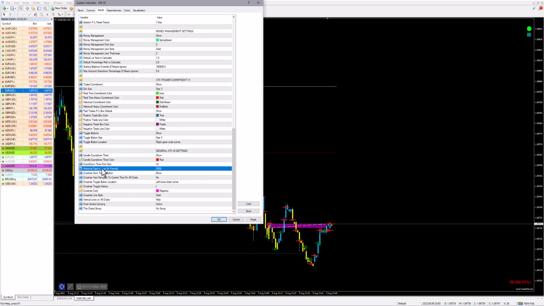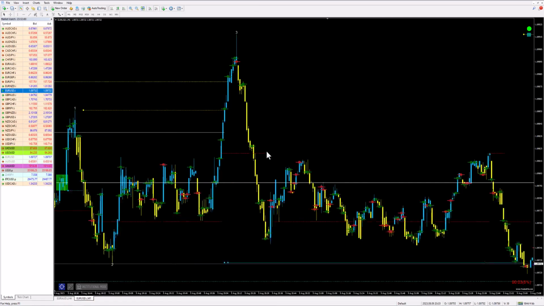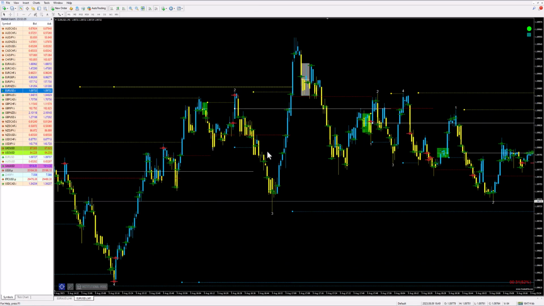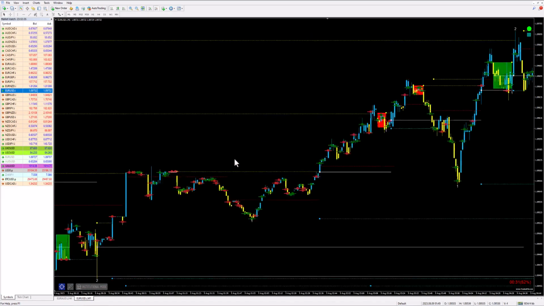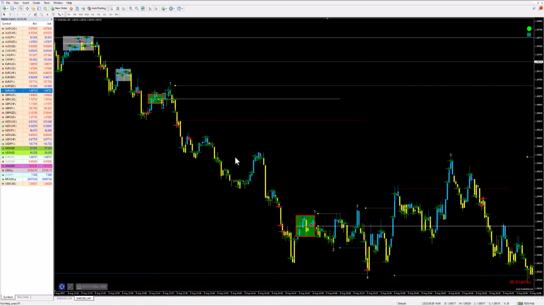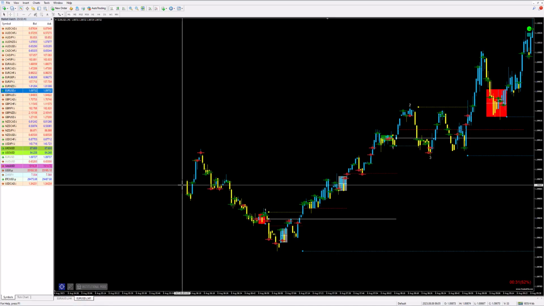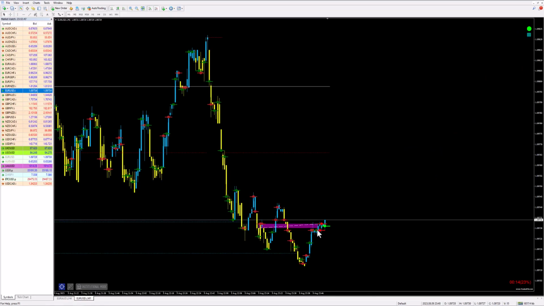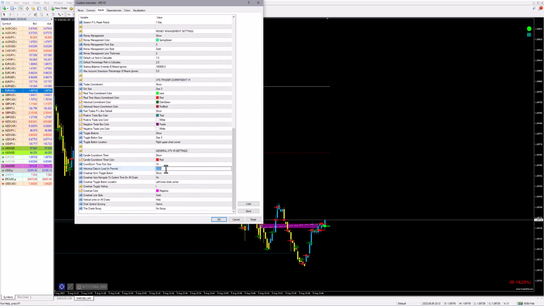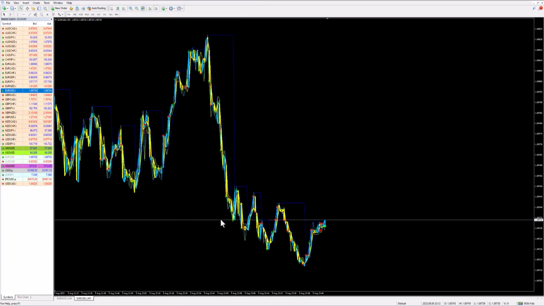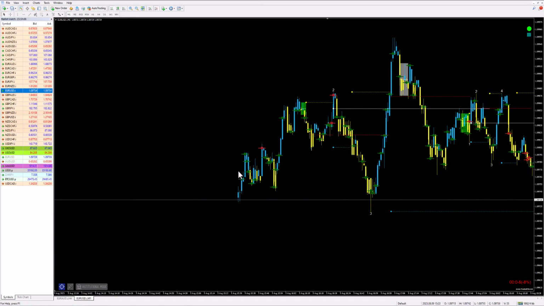And then we get into historical data to load in periods. Now, what this refers to is how far back ATS will go. ATS is a very data-heavy indicator. So by default, we've chosen to go back 2,500 bars. As I scroll back, you'll see us start to run into the limit of those 2,500 bars right here. So this is 2,500 candles off of our leading edge, which is right here. If you'd like to change that, you can do so by entering a different number in. So right here I went ahead and specified 500 periods. So we'll go ahead and hit OK, and you'll see that we should get back to the very end much